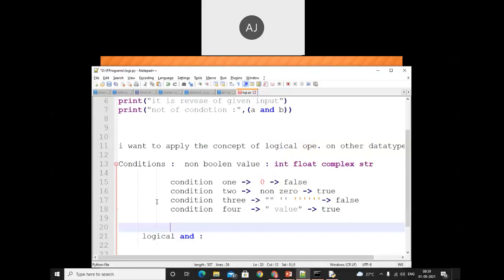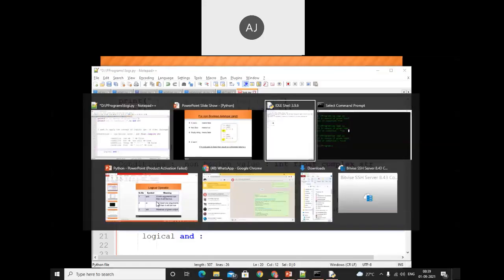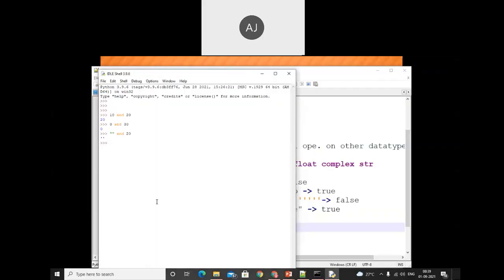Okay, let's perform the practical. Here I'm using x equals 10. Is x equals 10 a false value? The answer is no, it is a true value. Now y equals 20. So we have only two positive values, 10 is positive and 20 is also positive.